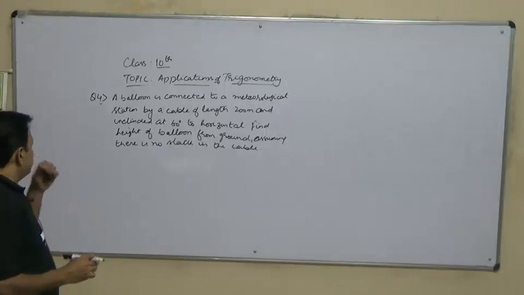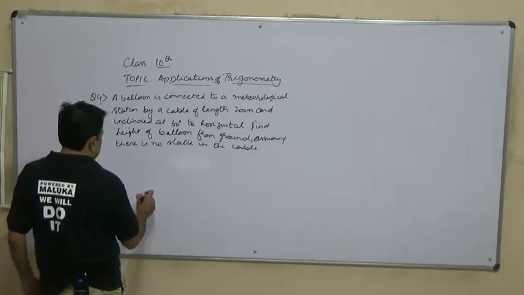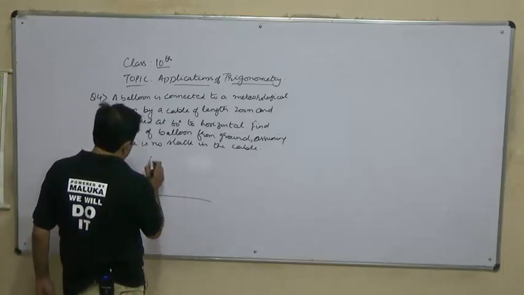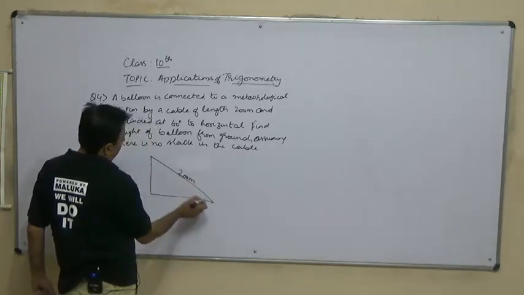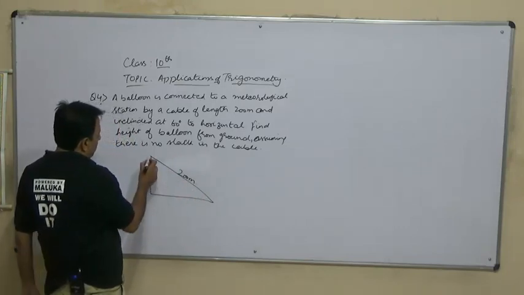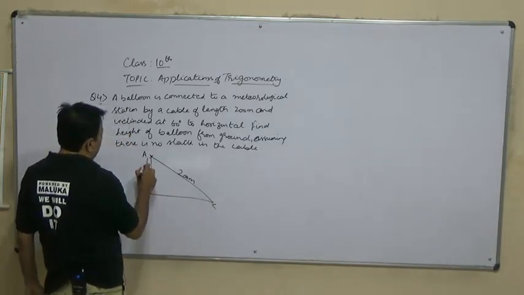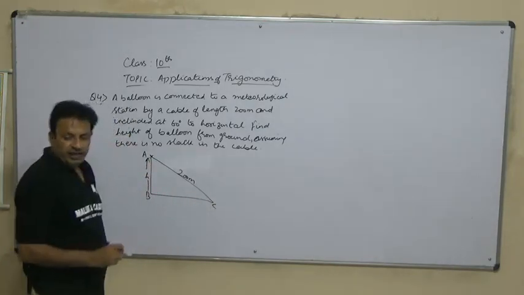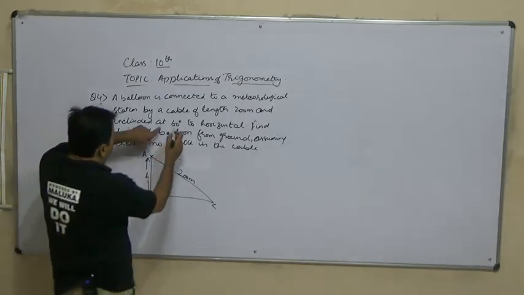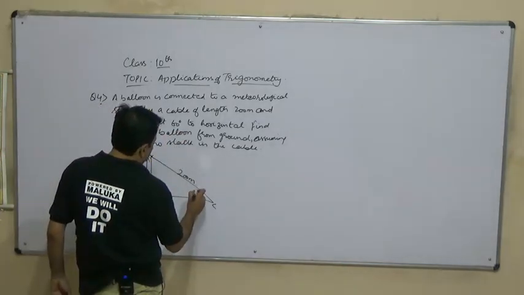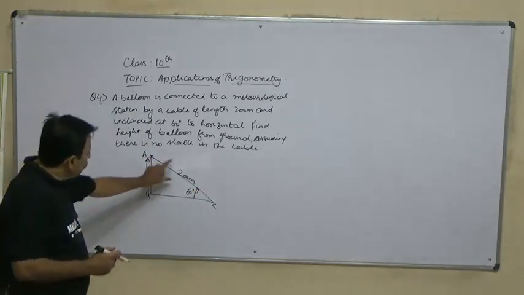तो इसमें क्या है, एक मेट्रोलॉजिकल स्टेशन है और वहाँ से एक केबल है 200 मीटर और ये बलून है यहाँ पे ABC. हमने ये हाइट निकालनी है, हाइट फ्रॉम द ग्राउंड. और क्या दिया हमें, इंक्लाइंड एट एंगल 60 डिग्री. सो ये एंगल जो है 60 डिग्री है इसका, जो इसके साथ बन रहा है. ओके.